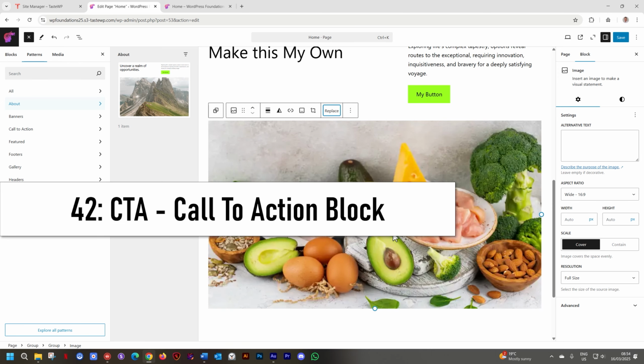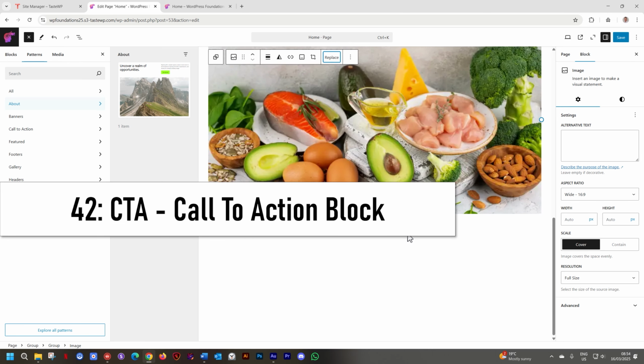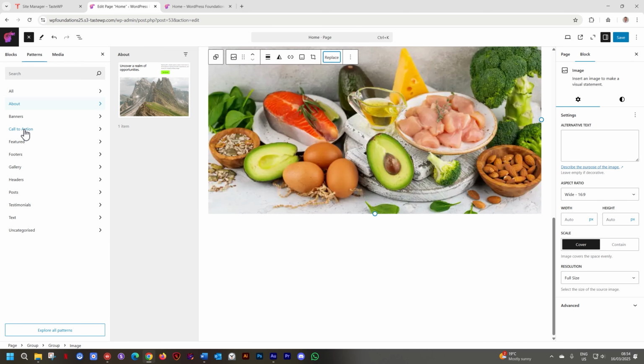Let's bring in one more pattern. This time, let's do a call to action. Let's talk about a call to action. This is a word, or CTA, call to action, you're going to hear all the time in website making. A call to action is to encourage people to do something. And that usually means for them to click on something, to subscribe, to go to another page, to buy something. And many design features go into creating call to actions.